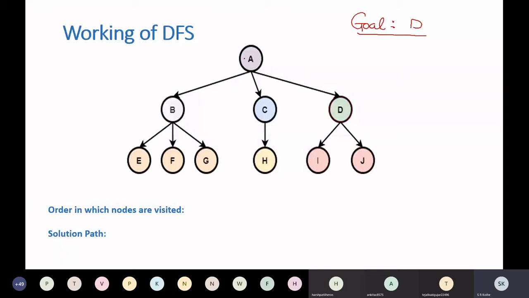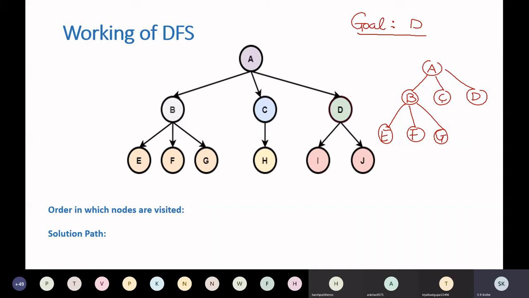You are going to start with A. A is not a goal, so you are going to explore it. That will generate B, C, and D. The leftmost node we are going to consider is B. Check, is it a goal? No. Explore it. It will generate E, F and G. Now you are going to check the leftmost node first. E, is it a goal? No. Then F, then G. Again not. Backtrack to the last point.